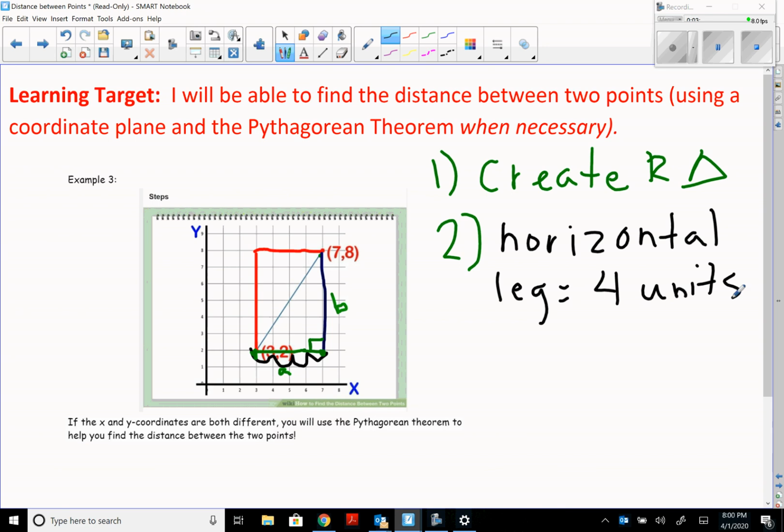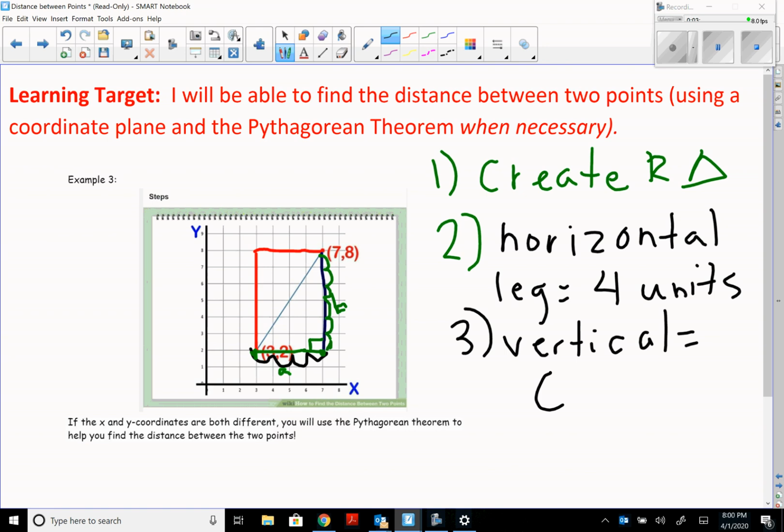All right, step 3 is going to be to find the vertical distance, or the length of the leg that is vertical with that right angle. So again, you can either count the boxes, so that would be 1, 2, 3, 4, 5, 6 units. So that means the length of that leg is 6 units. I'm going to write that down before I forget. So that's vertical length